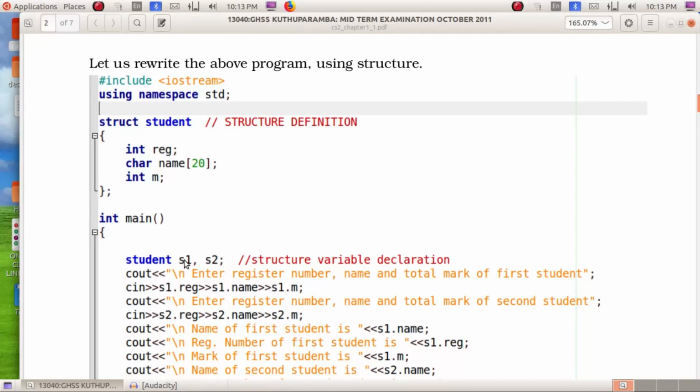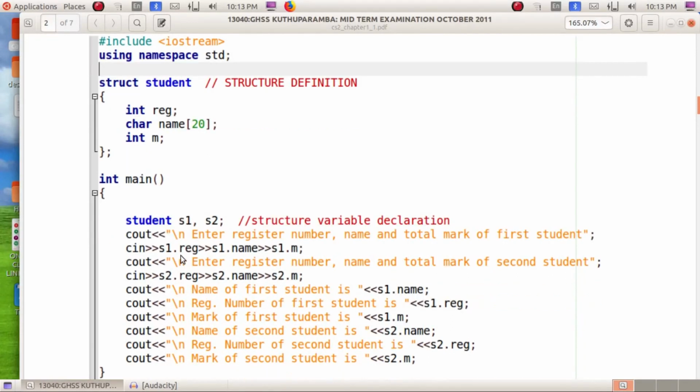So s1 will contain reg, name and m. Similarly, s2 will contain reg, name, m. So s1 is a structure variable, s2 is another structure variable. This statement is called structure variable declaration.